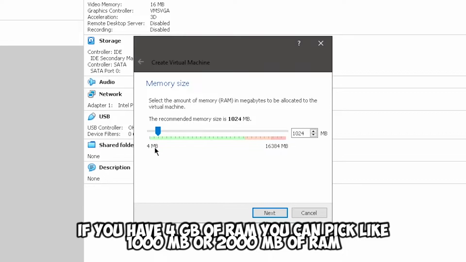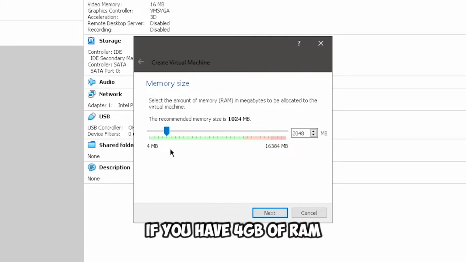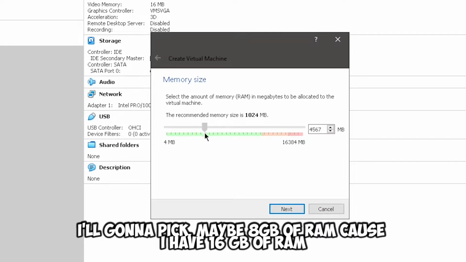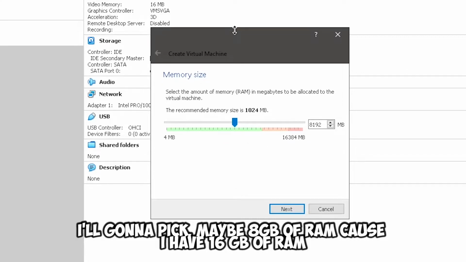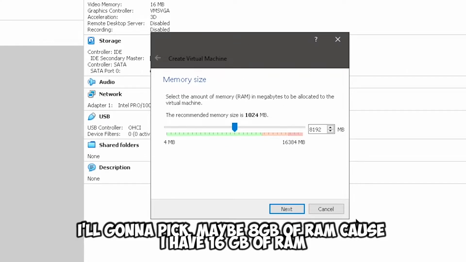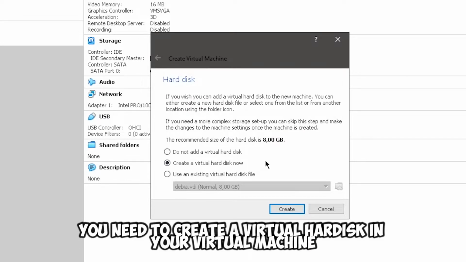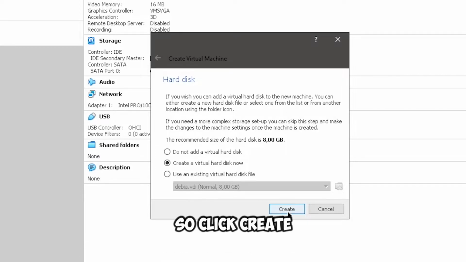1000 megabytes or 2000 megabytes. It's okay if you have 4 GB of RAM. I'm gonna pick maybe 8 GB because I have 16 GB of RAM. So I click next. You need to create a virtual hard disk in this virtual machine. So click create